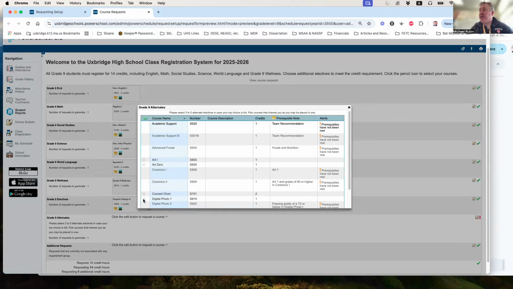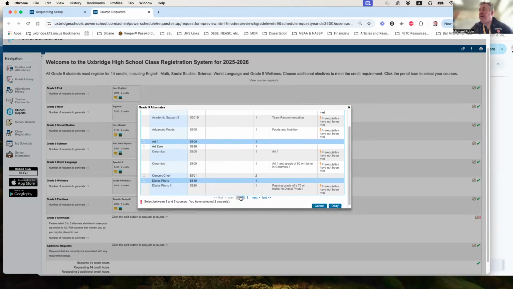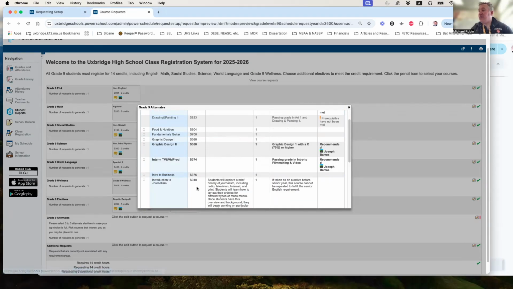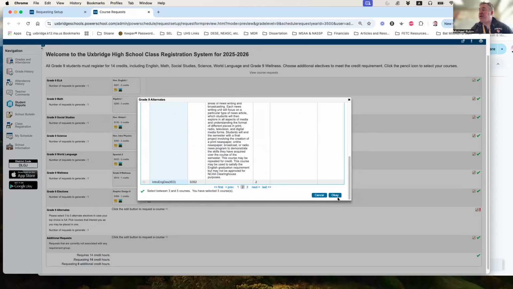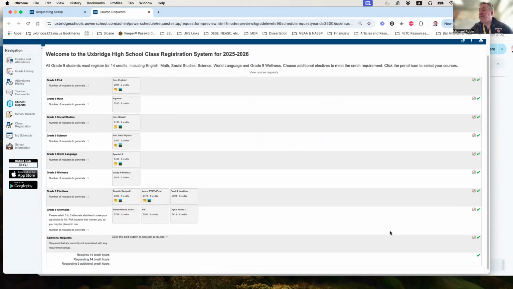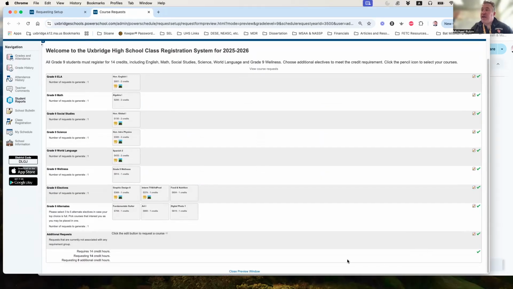We'll just say for the 3 alternates, they'll select Art 1, Digital Photo 1, and it's still showing a red exclamation point because it doesn't have the third course. Well, once we select Fundamentals of Guitar as a third course, you'll see that this now turns to a green check box. We will click OK, and when we get to a